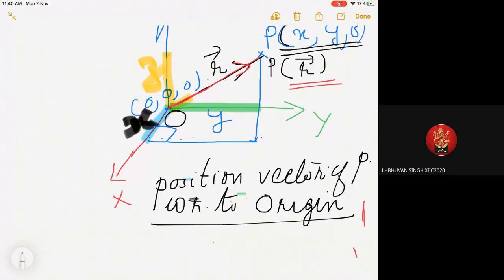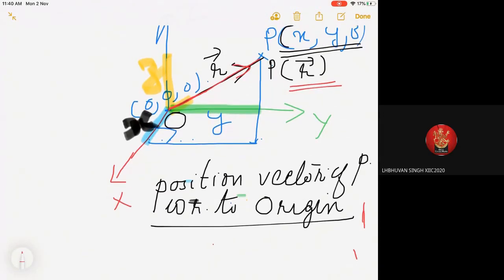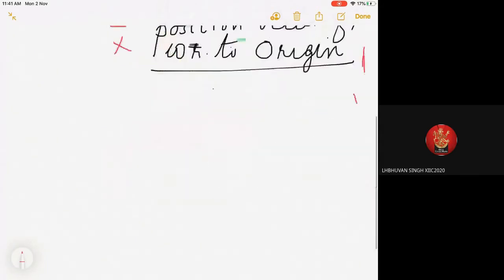So, a line can be identified only if you know the inclination of the line with the reference. In 2D geometry, we have taken theta as the angle between the line and x-axis. Y-axis के बारे में कुछ नहीं बोला क्योंकि it automatically implies that the line makes an angle 90 minus theta with y-axis. इसीलिए y-axis के बारे में कुछ नहीं बोला. But in 3D geometry, you have to consider the inclination of the line with the 3 axes separately.